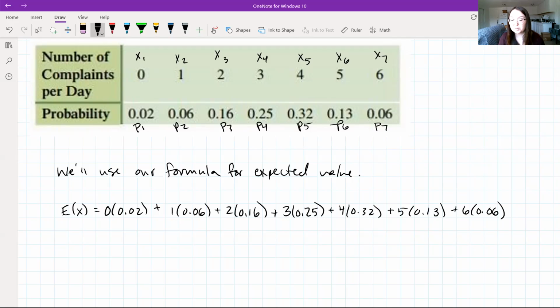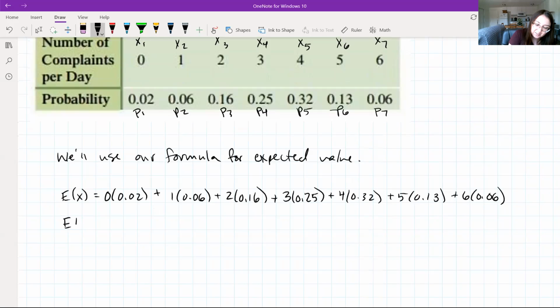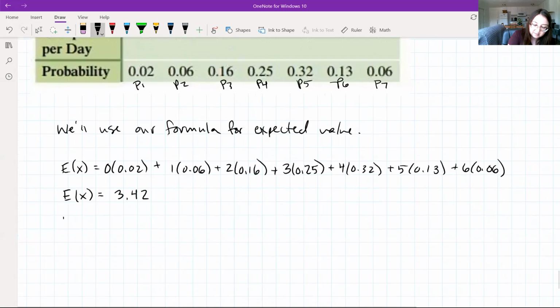Then all we need to do is multiply these values and add them all up. So I highly suggest you do this on your own, and you should end up getting 3.42. So this is going to tell us, on average,